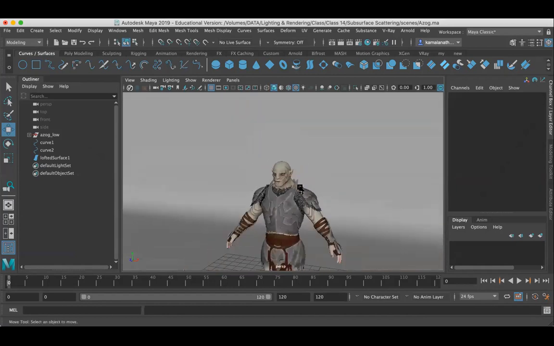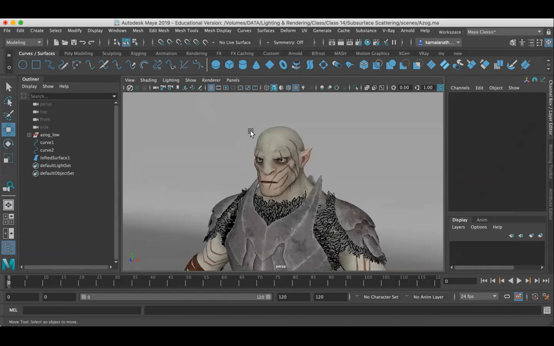Now I'm going to do some lighting setup, just a basic lighting setup. I'm not going to concentrate more on the lighting part. I'm just going to concentrate more on the subsurface scattering part, to make you understand very clearly. Previously we learned 3-point lighting, studio lighting with the car.